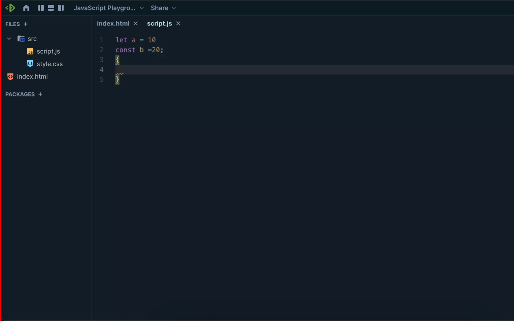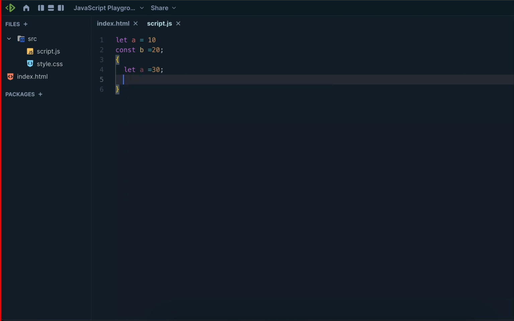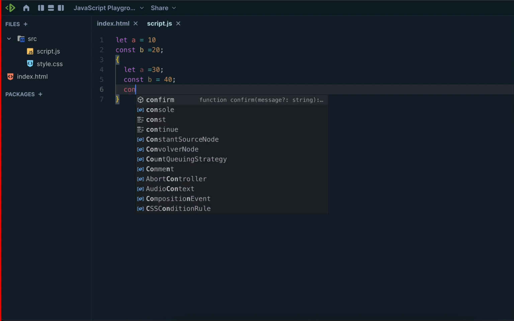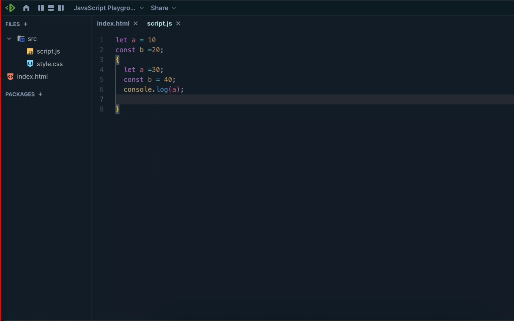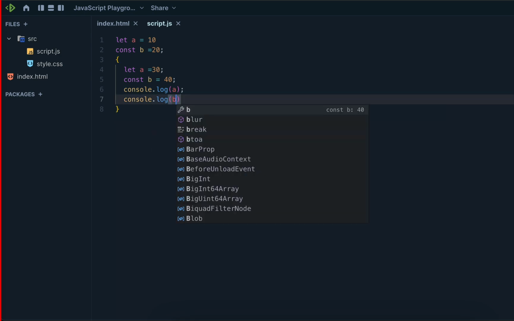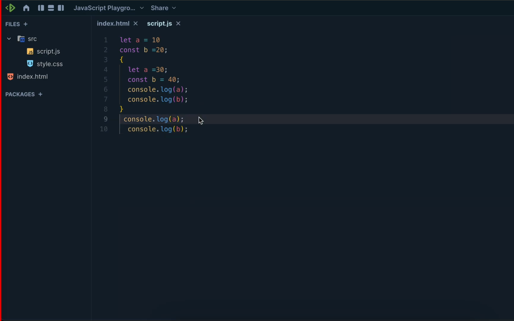Here I will check that let a equal to 30, and using const b equal to 40. Here I will try to console.log a and console.log b, and the same thing I'll check outside the block. So tell me the output for a and b, first a and b and second a and b.